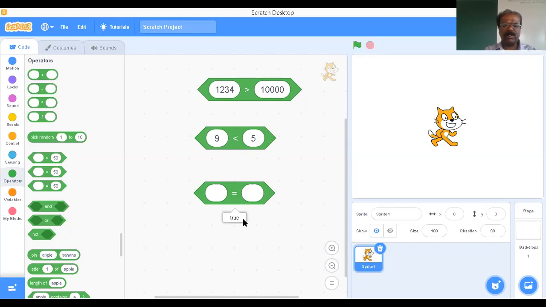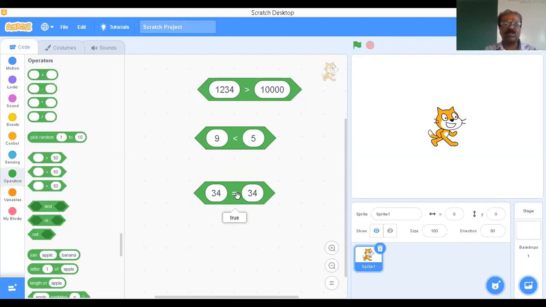In the same manner, if you come to the equal operator, by default, if you click on this, nothing is there. That is by default true. Okay, let it be. Now here, there'll be number 34. Here 34. 34 equal to 34. What is your answer? Yes or no? If it is yes, it returns true. Say 34 equal to 34. Yes. Yes means what? The computer returns a true value. Okay. On the basis of this true value, you can make a decision.